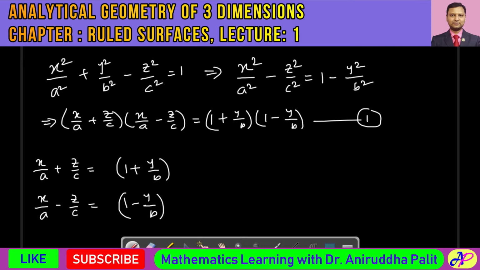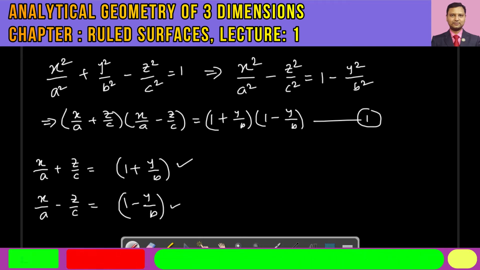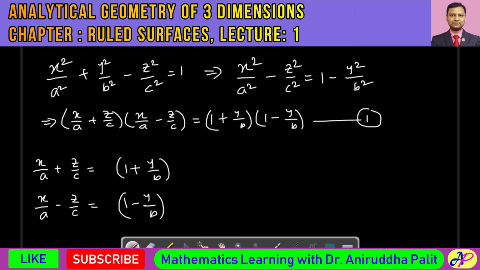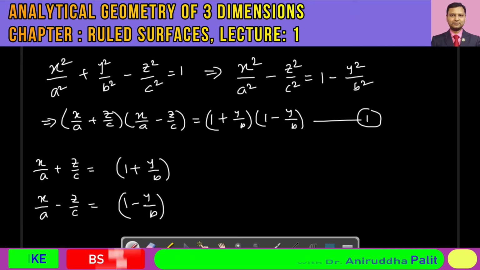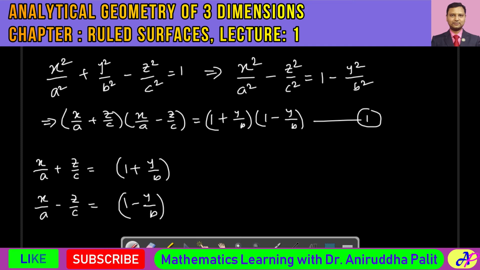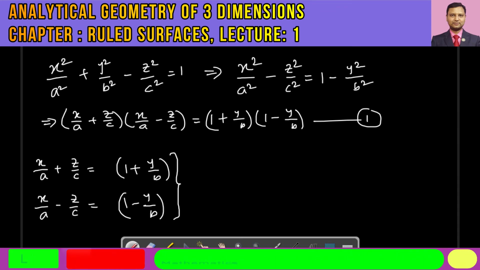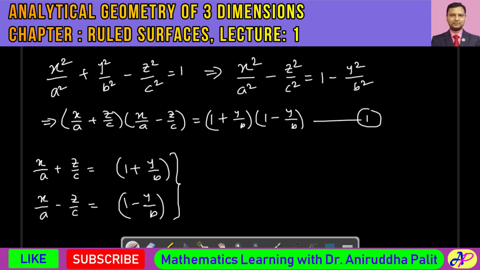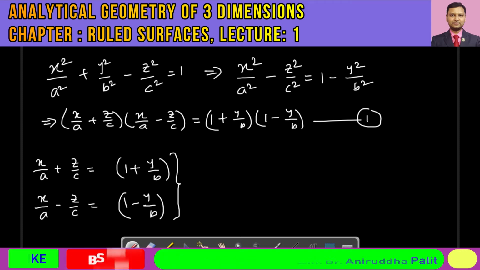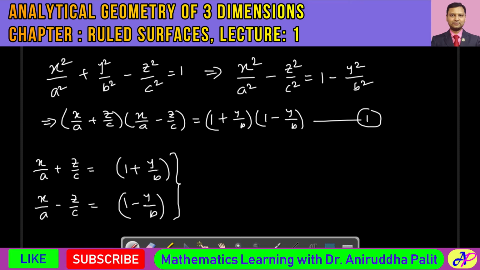So you see, this is a plane and this is another plane, and you can check both of these two planes are not exactly the same planes, so they should intersect, and both of these two collectively will represent a straight line, and any point on this straight line,